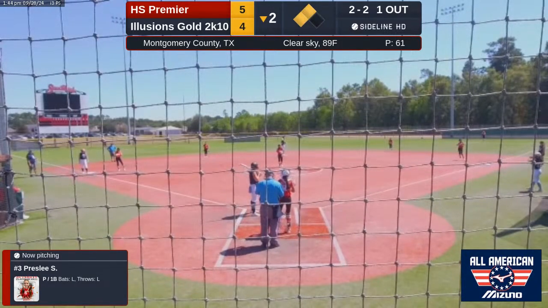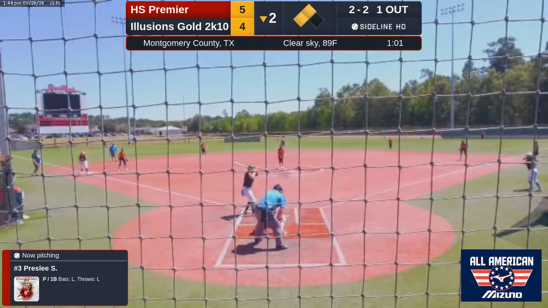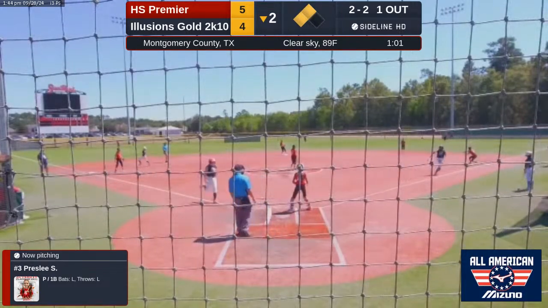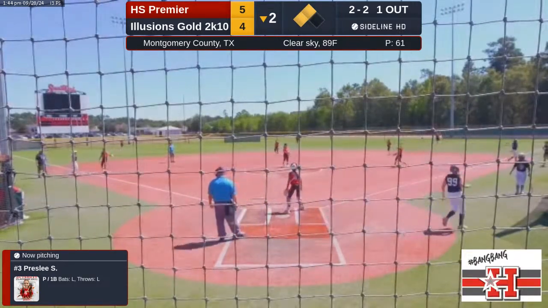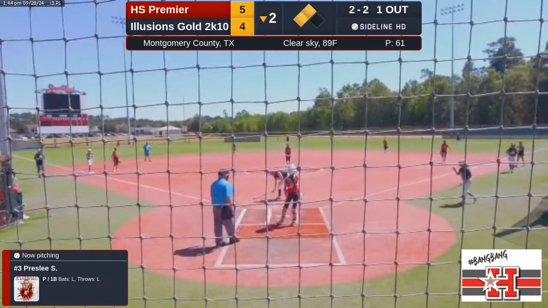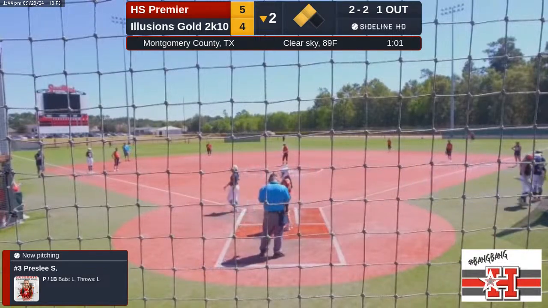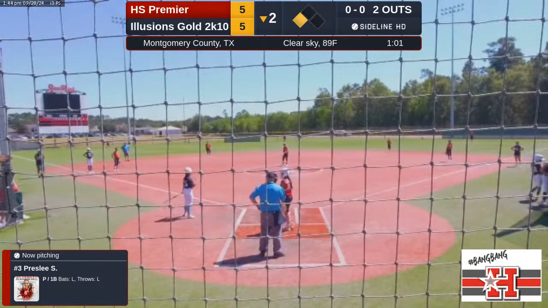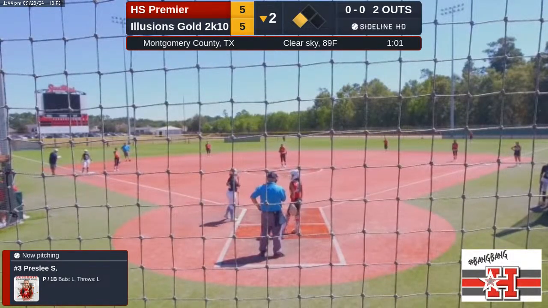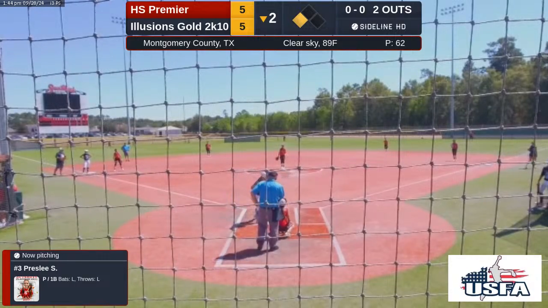Let's foul back. We got a 2-2 count, second and third. Pitch is hit to second. Jill's up with it over to first for the only play, and this is a tie game. So RBI there for the batter. She's able to drive in that runner from third base, move the runner from second to third, but it is the second out of the inning. We've got a 5-5 ball game in the bottom of the second.